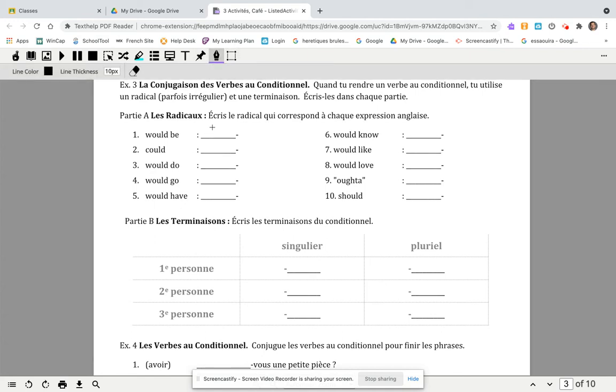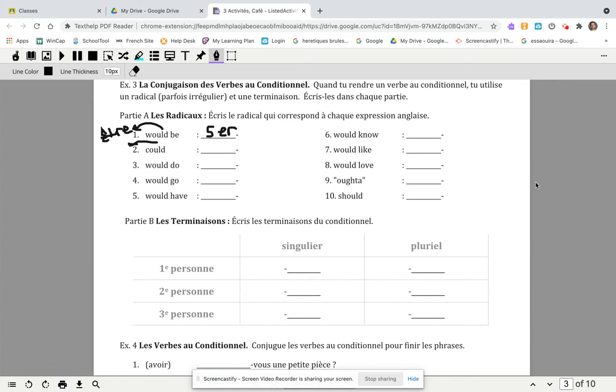So for would be, you may have to do some mental gymnastics here. Like, okay, wait, would be is être, and être was, you may have to even go back and look at your list. Être was sœur, it's pronounced sœur, excuse me. So that's what you're going to do. And in fact, that's good for you to remind yourself of, oh, yeah, that's pouvoir, or that's être. Oh, yeah, that's pouvoir. Oh, yeah, that's faire. And then you can go back and look as you go along. Bon, les terminaisons,